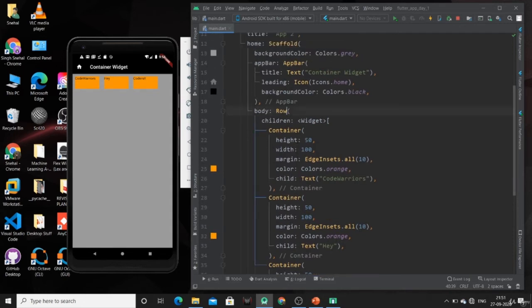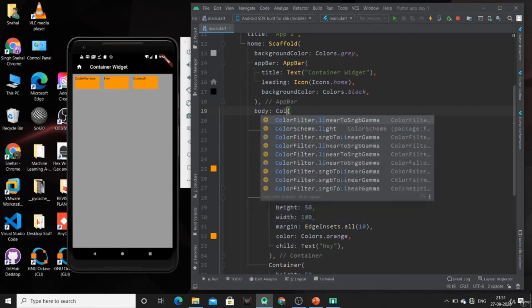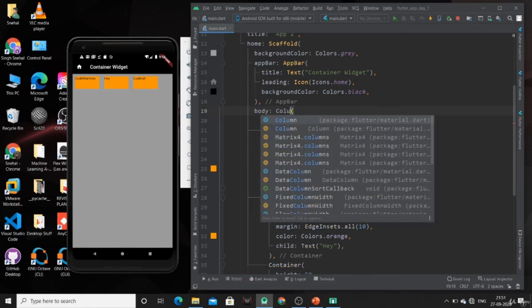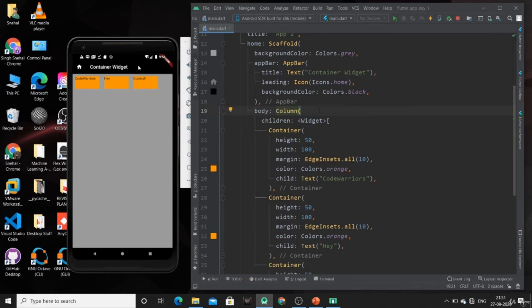Why? Because we are using this row widget. Now if I change this row widget to a column widget, then I will have these three containers, or we can say these three children, in vertical direction. So this is the difference between the row and the column widget. It changed the direction of our children.